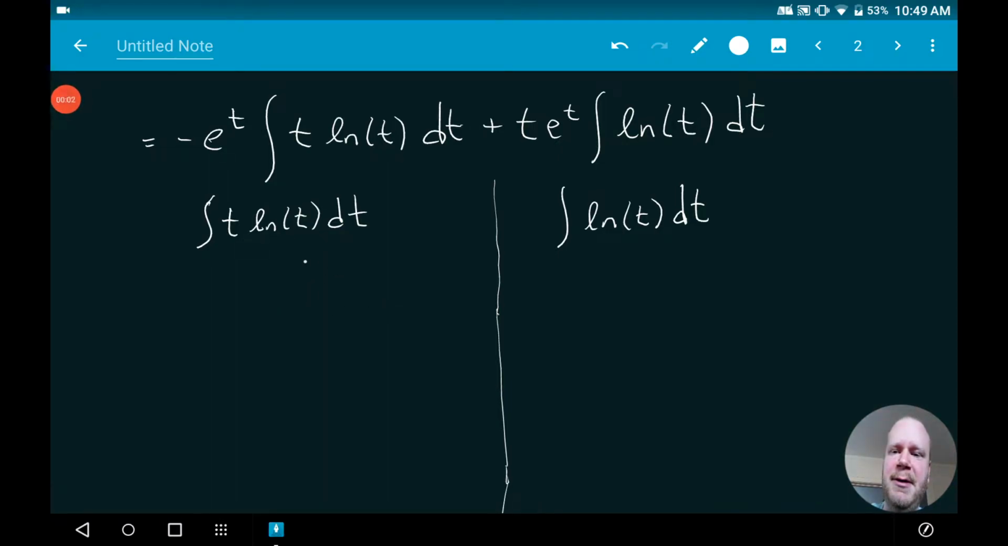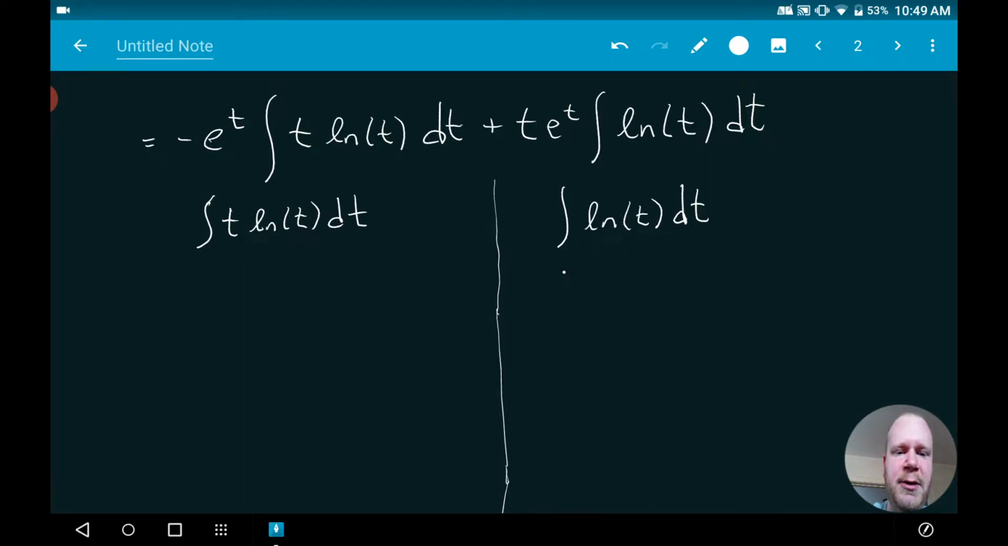This is a continuation of the last video on variation of parameters. I am splitting up my work to solve these two integrals on either side, and I'm going to look at this one first. The reason why I'm giving myself all this room to solve these integrals is